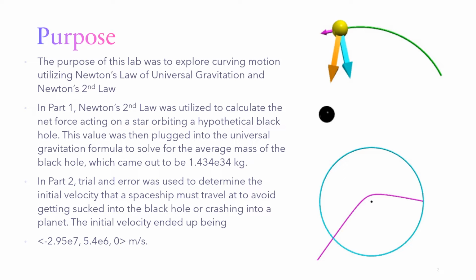In part 2, trial and error was used to determine the initial velocity that a spaceship must travel at to avoid getting sucked into the black hole or crashing into a planet. The initial velocity ended up being negative 2.95 e to the 7, 5.4 e to the 6, 0 meters per